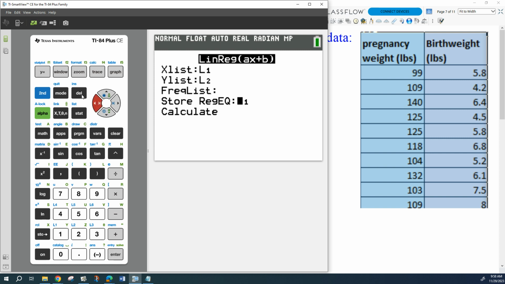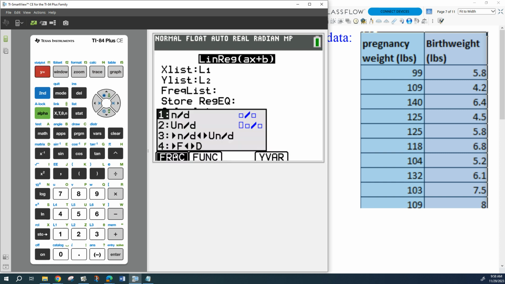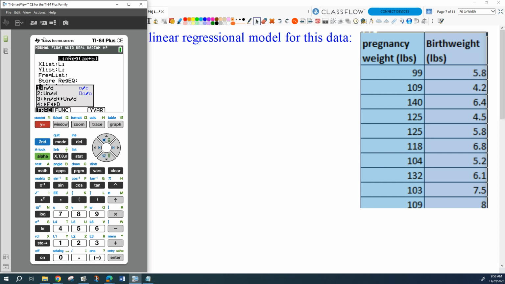Or there's a shortcut I want to show you. You can use the alpha shortcuts. If I go alpha, and I'm just going to click on y equals for a second, alpha F1 corresponds to F1. Okay, well, look what that's telling me. Let me give this a different view. That's telling me this is the fraction screen. There's also an alpha shortcut for functions and for y variables. Well, I want the y variable one, so I'm going to hit F4, right? So if I just go alpha F4, it takes me to this y variable shortcut, and I can just hit enter for y1. And now if I go down and hit calculate again,